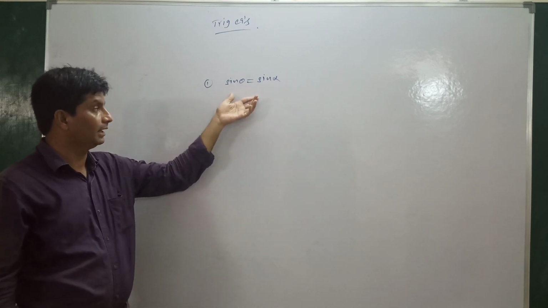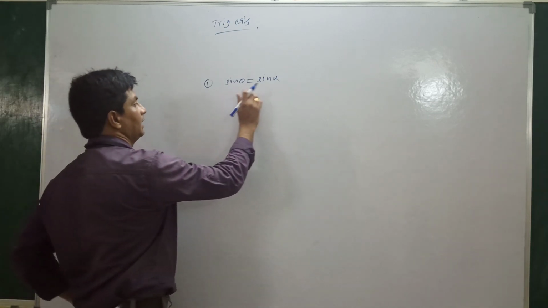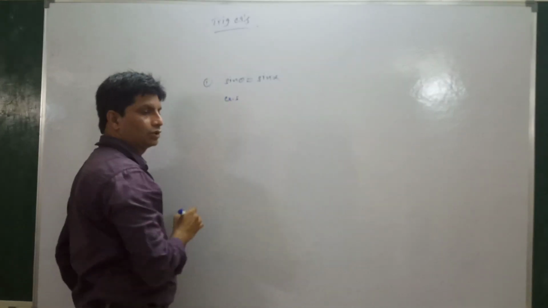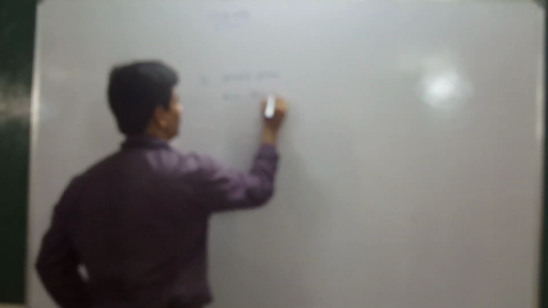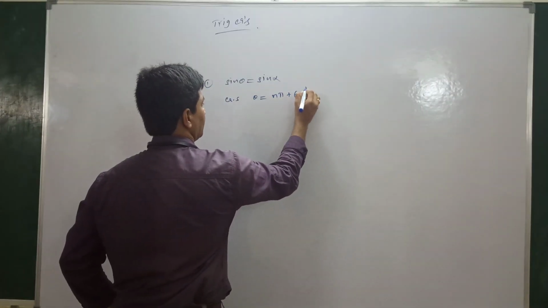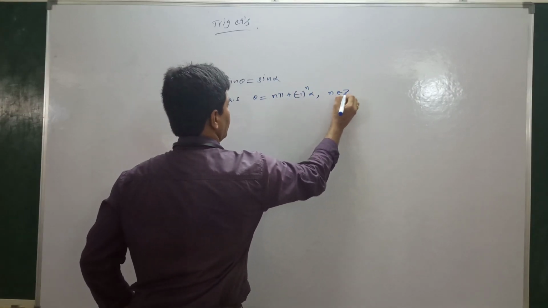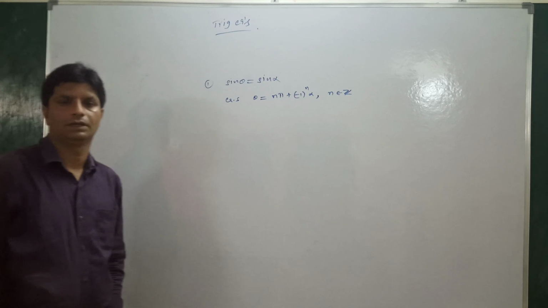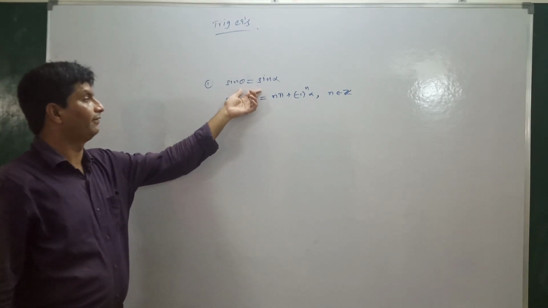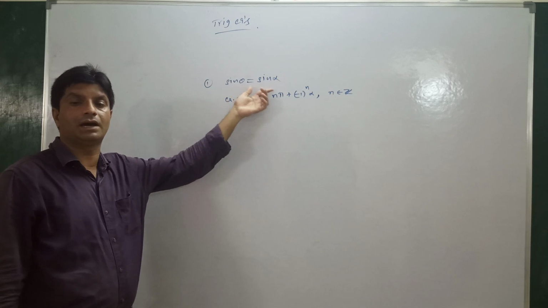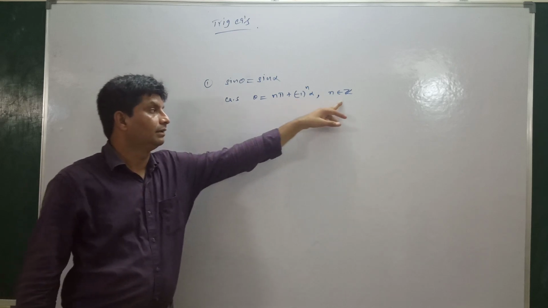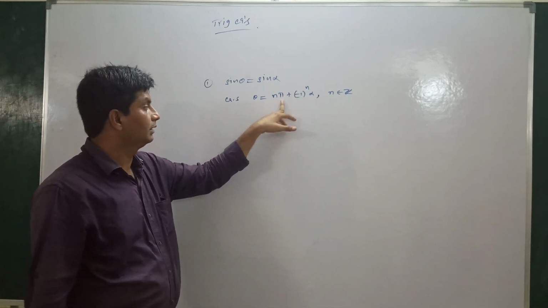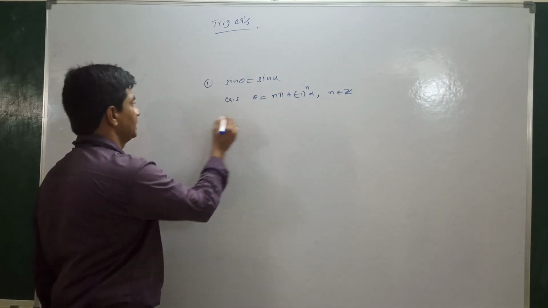If the trigonometric expression is in the form of sin theta equal to sin alpha, then what is the general solution of this expression? How can you write the general solution of this expression? The general solution is given by theta equal to n pi plus minus 1 whole to the power n into alpha, where n is an integer. Understand? The general solution of the expression sin theta equal to sin alpha is given by theta equal to n pi, where n is an integer, pi is radian, you know that, plus minus 1 whole to the power n into alpha. This is the general solution.